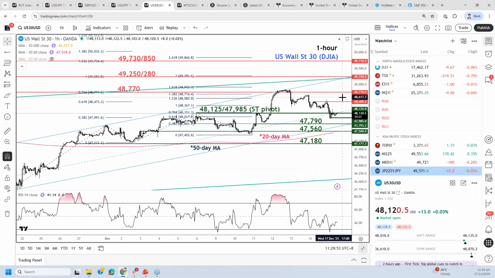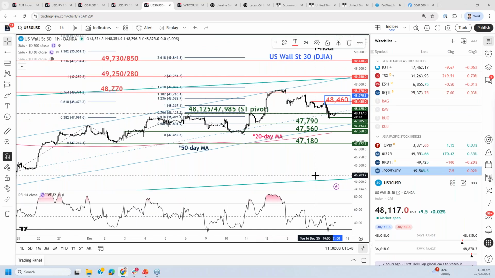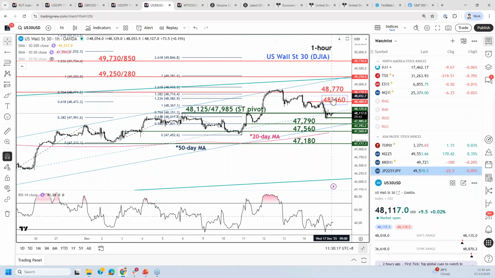Okay, over here, yesterday's US session high. Let me put it in writing: 48,460. A breakout above 48,460 potentially exposes the next intermediate resistance at 48,770 in the first step. So these are the two key resistance levels to watch for today's US session,